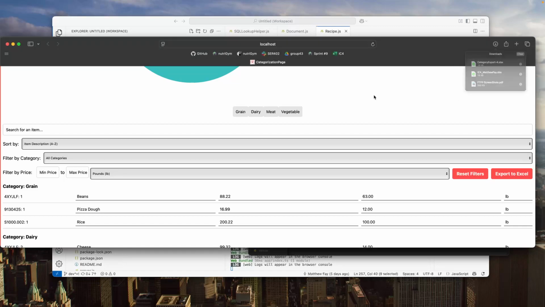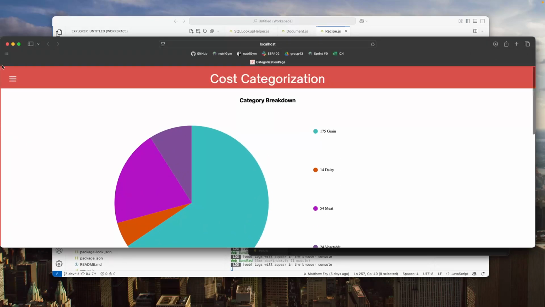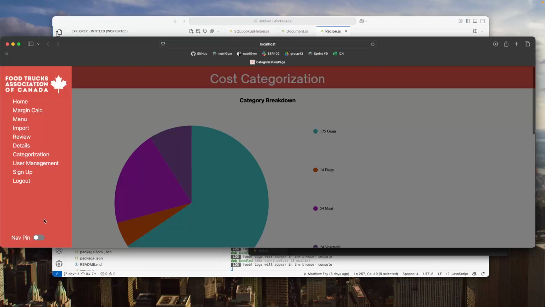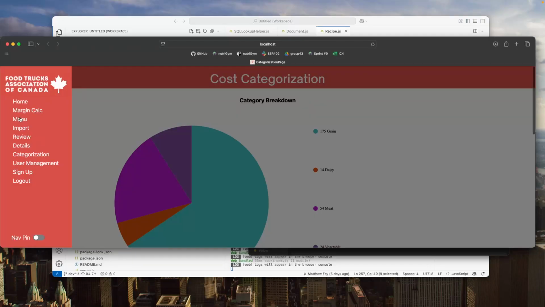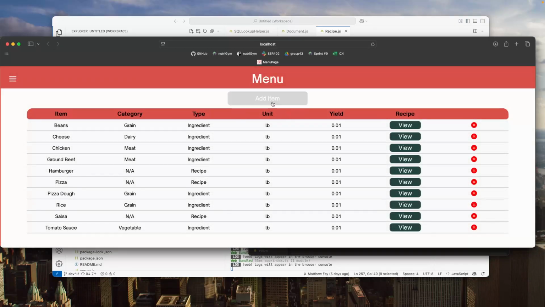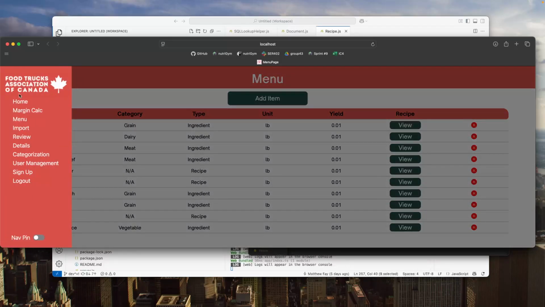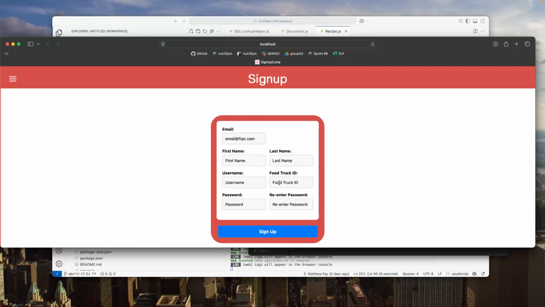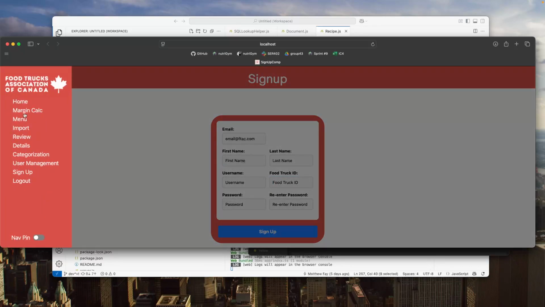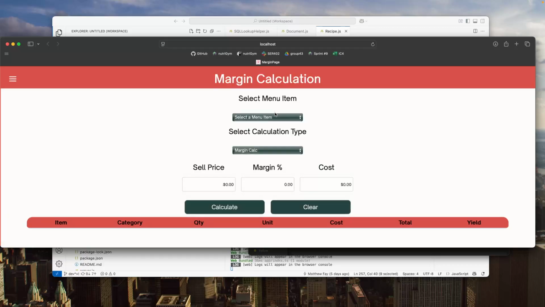Some other things that we did in this sprint were various fixes. Now we can pin the nav on the side if we want to. On the menu, we can now add items and it opens a form that you can close. It used to be a window over the form and it was really clunky, so we've improved that. On the sign up page, you can now enter a food truck ID, and that will also get an encrypted password on the back end. And then the margin calc page, when you pick items,